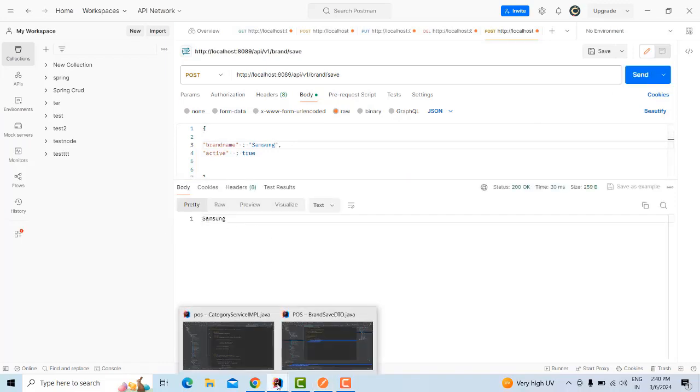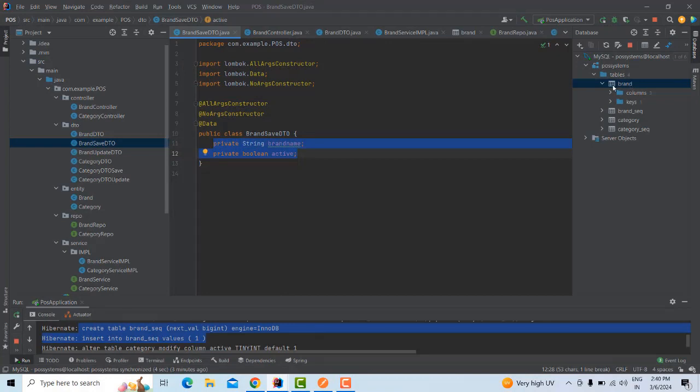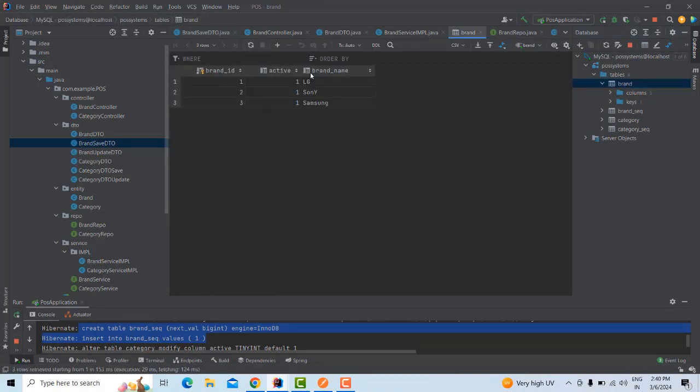Now you will be able to check whether it's added or not in your database table. Here in this database, click on this. The brand is added. Brand names, actives, and brand ID will be added. Successfully we have done the